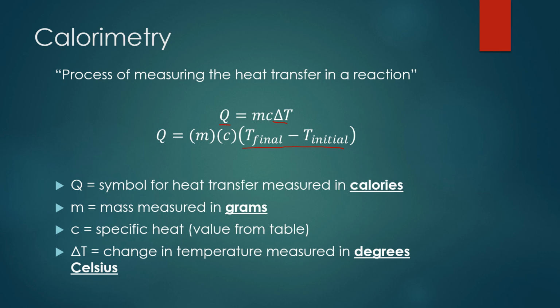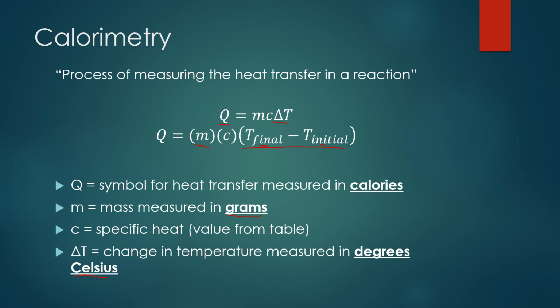Change in temperature is always going to be the final minus the initial. So it's our job to read the word problem and figure out, of the two temperatures given, which one is the final and which one is the initial. When we are using temperature in these equations, notice below it is in degrees Celsius. If it's not initially in degrees Celsius, we need to convert it. The m part of this equation is mass, and the mass needs to be measured in grams. If it is not in grams, it needs to be converted into grams before it can be inserted into the equation.